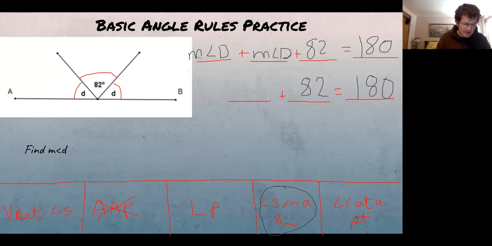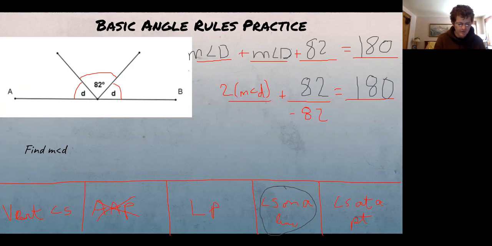So at this point, what I can say is this is going to be 2 times the measure of angle D. All right, so that hopefully is where your head was headed, where your mind was going. So now we can just quickly move forward with this. I'm not going to take too long with this. We definitely want to solve this equation now, even though it looks a little different with the measure of angle D in the middle of it,